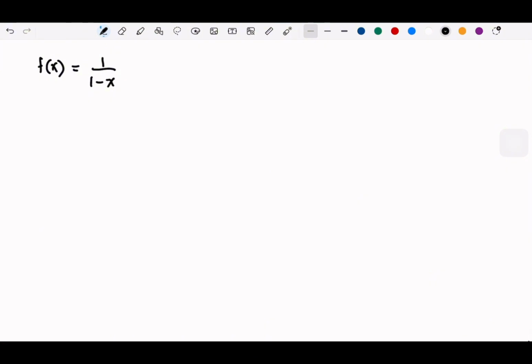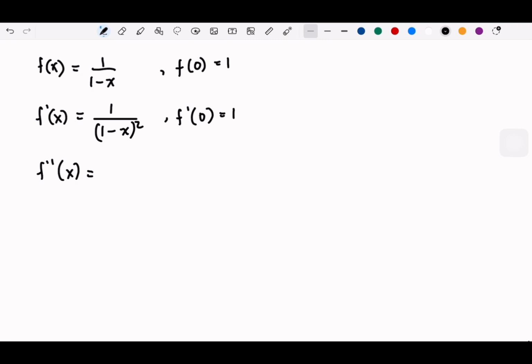Okay. So taking x equals 0, and then taking the first derivative, and then take another derivative,